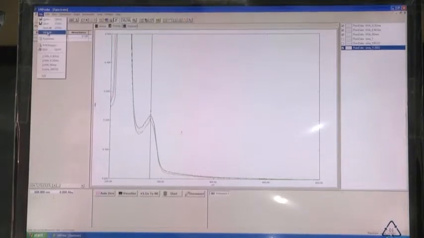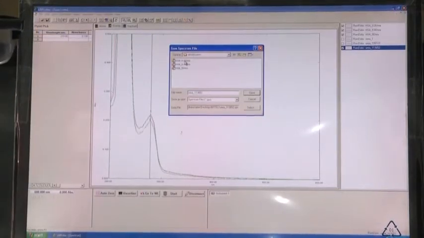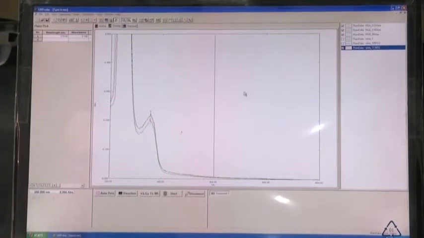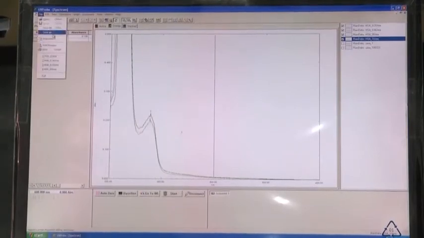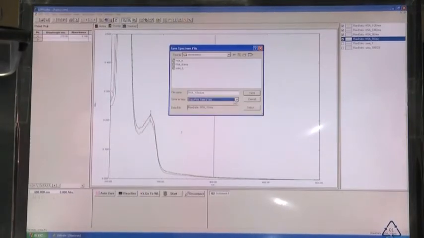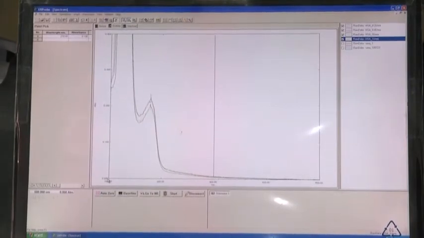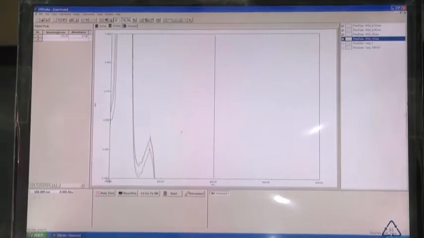Now, we have to save this one, save as one molar urea. So let us zoom it a bit, around 0.15.